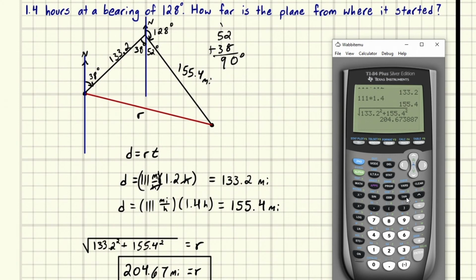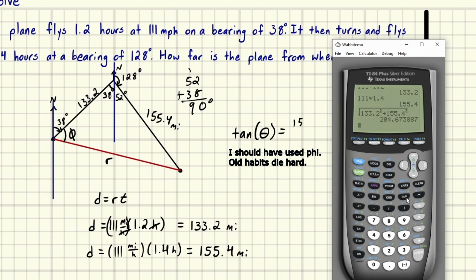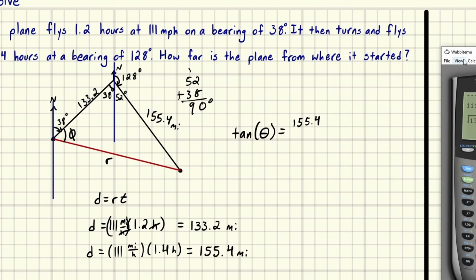Now, there's another way to do this. We can use tangent. Now, we don't know what this angle here is. It's a mystery angle. Let's call it phi. We don't know what it is, but we do know the adjacent side and we know the opposite side. So we could use a tangent to figure it out. So tangent of theta is equal to opposite, 155.4, over 133.2. And if we take a tangent inverse to both sides,